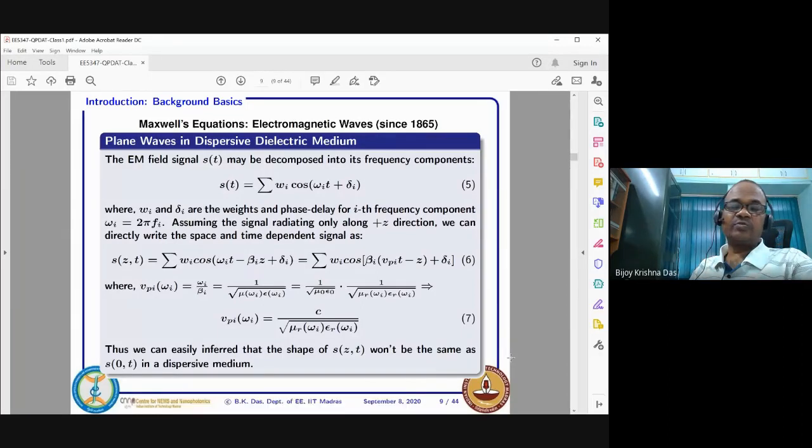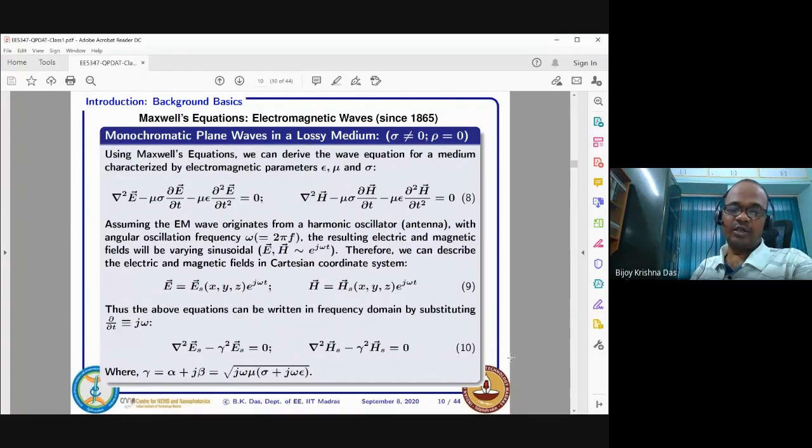Now if we just move on to a general situation, where we have the material with only charge, a dielectric material medium you can consider, but rho equal to 0, and not exactly dielectric, it can be lossy. So lossy medium means there should be some kind of conductivity, sigma. So earlier we considered sigma equal to 0, and this sigma means conductivity.